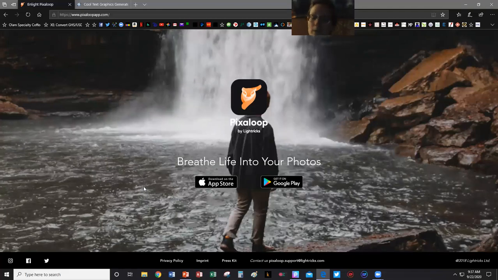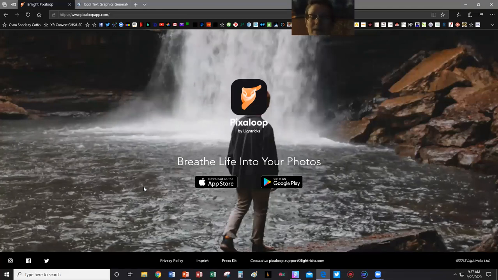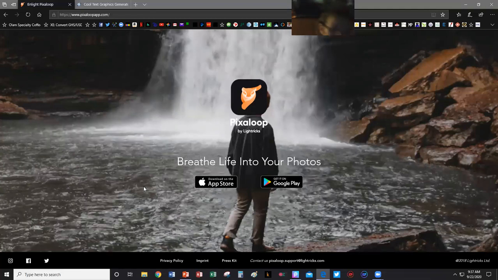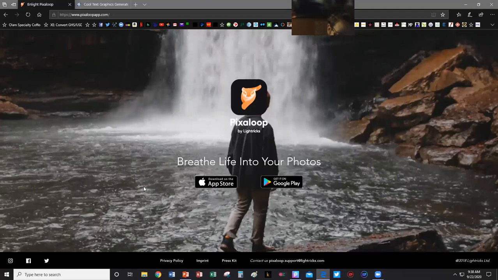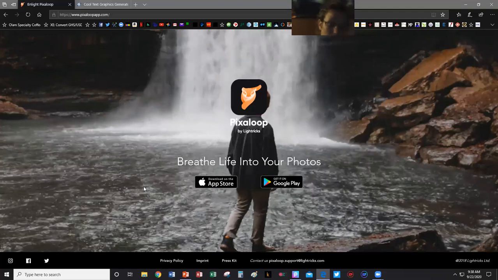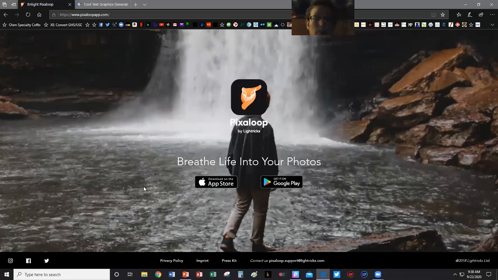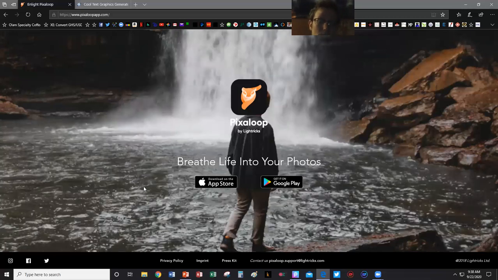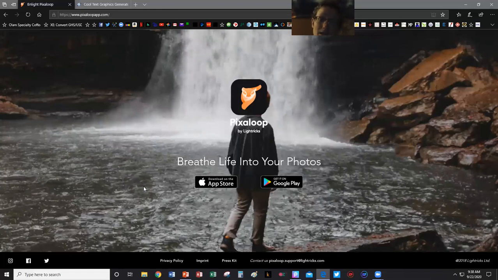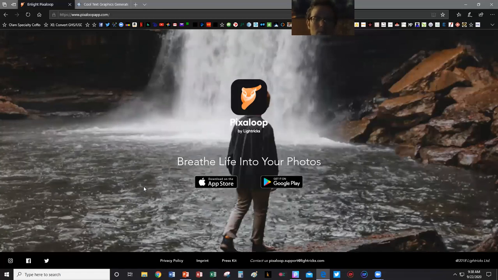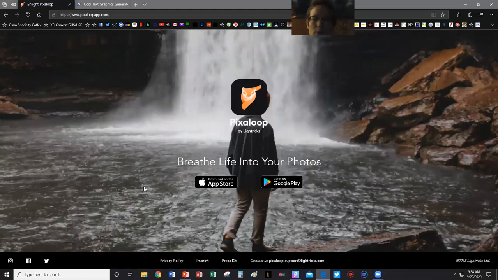But yeah, right now I'm very happy with Pixaloop, even as a free product. Pixaloop, I hope you're listening: if you come out with a Windows-based version, I will gladly pay every month to be able to use your product. But I need to be able to use it on my computer, because I'm not always editing on a mobile device. So that for me is a very big key factor before I decide whether I'm going to pay for a product or not.